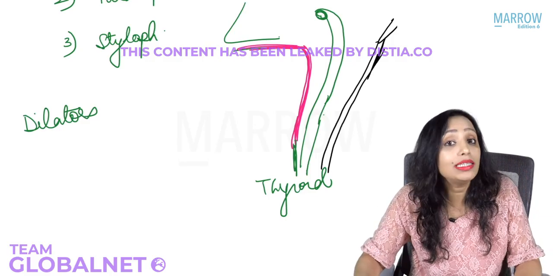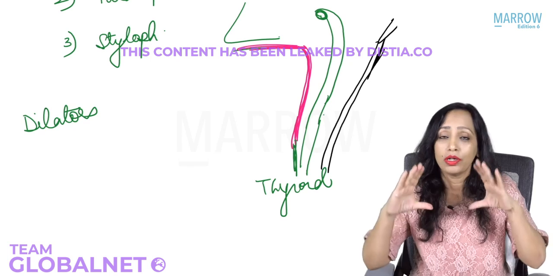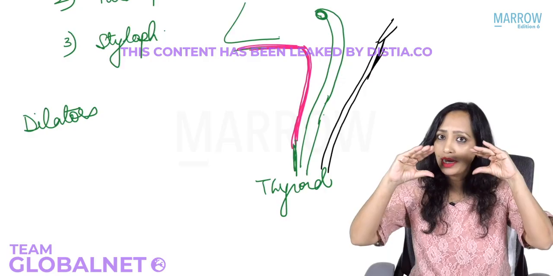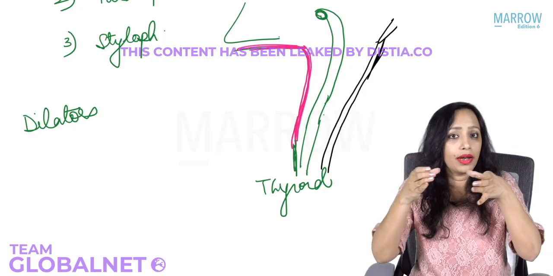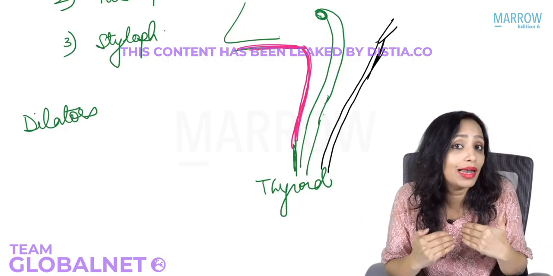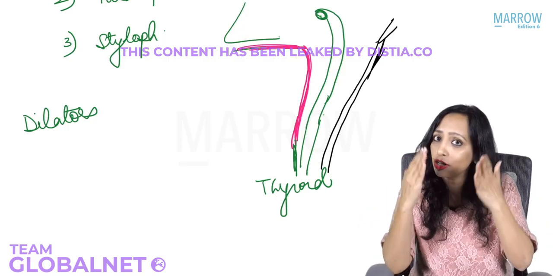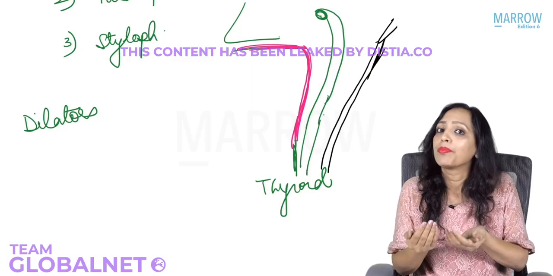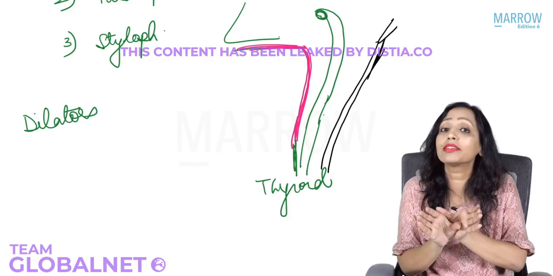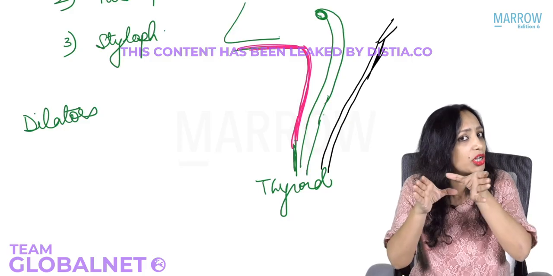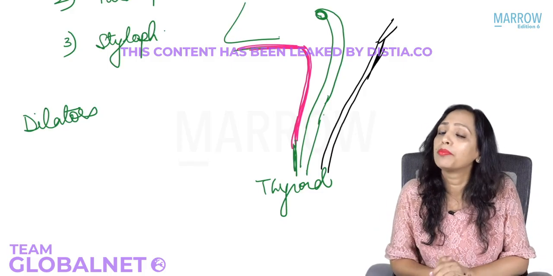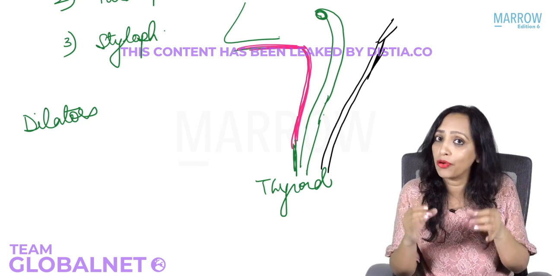Whenever we are eating, whenever we are swallowing something, the pharyngeal tube, to push the food down, has to dilate and has to constrict, right? So these constriction and dilatation movements push the food down. Dilatation is by the longitudinal muscles, whereas behind the longitudinal muscles we have the circular muscles. These circular muscles are known as constrictors because when they contract, they constrict. So both of these help in pushing the food down.